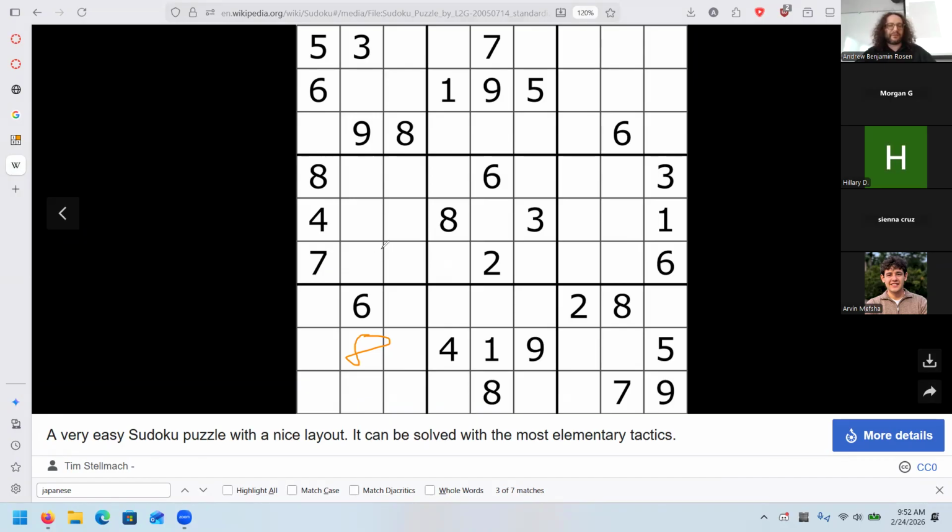Can we knock out any other of the 8s? Well, we don't have an 8 in this row over here. So it can't go here. It can't go here. Can't go here because of this. And it can't go here. So the 8 has to go here. Right? So you can get a lot of logic out of these things. You can solve a lot of these with logic and not guesswork, but some of these do require some guesswork and backtracking.